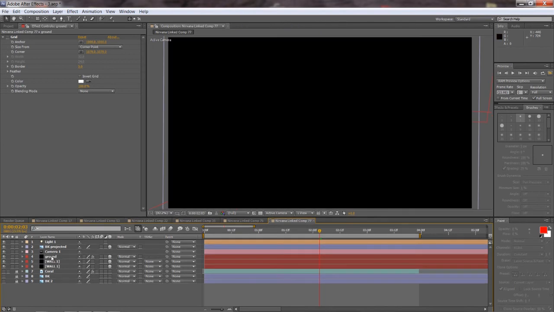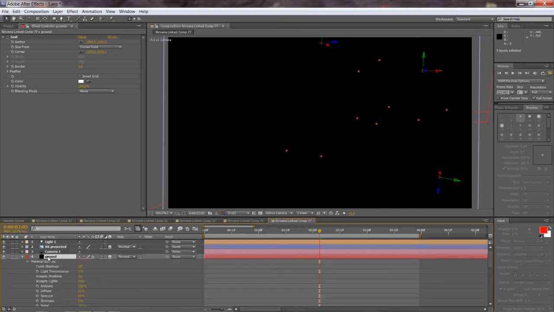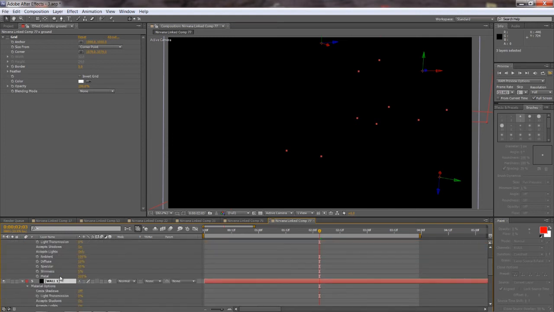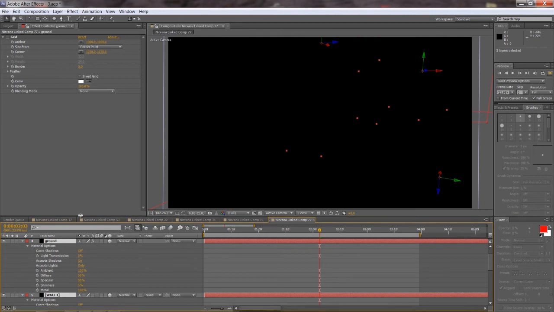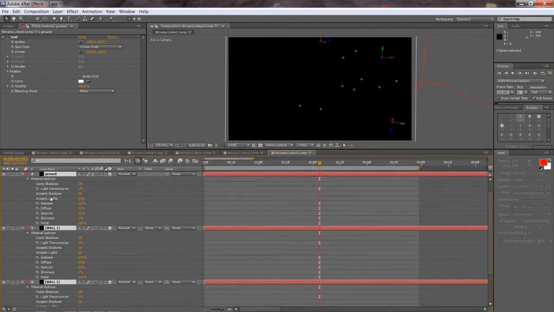the grid. And now for these three walls that we have here, we can press the double click AA to show the material options. Just extend it up here, and we want to make sure that cast shadows is off, light transmission is off, accept shadows is on, and accept lights is off. So make sure it's off for this thing, and it's the same settings for all three,